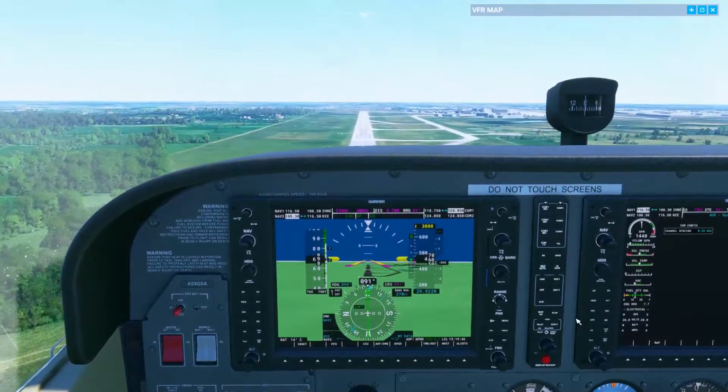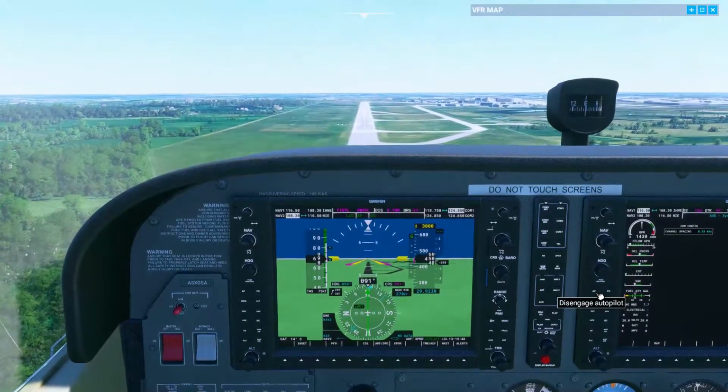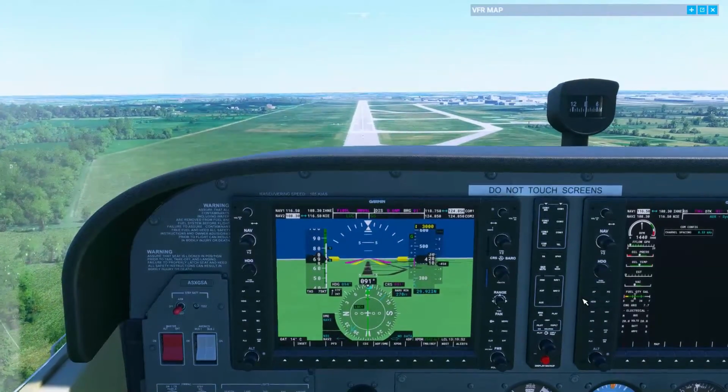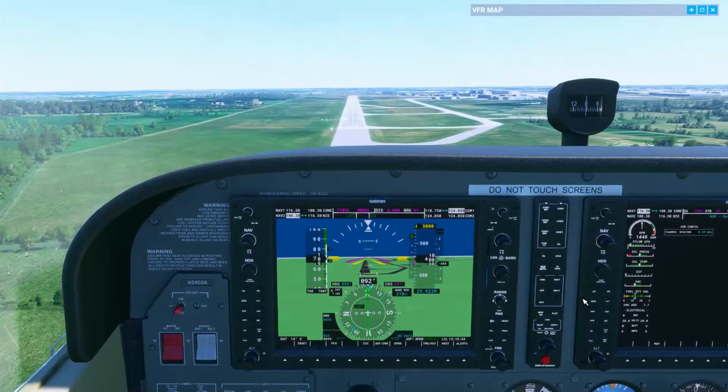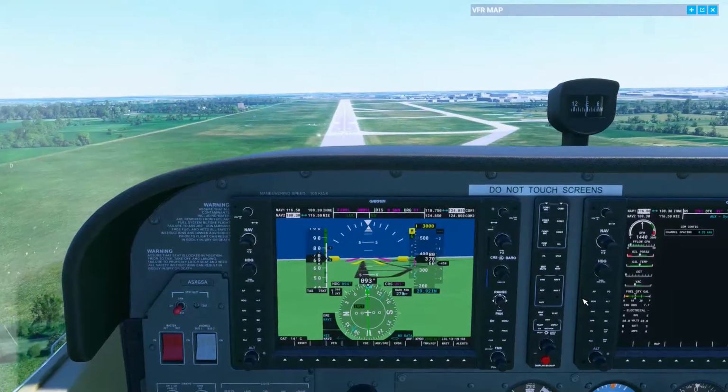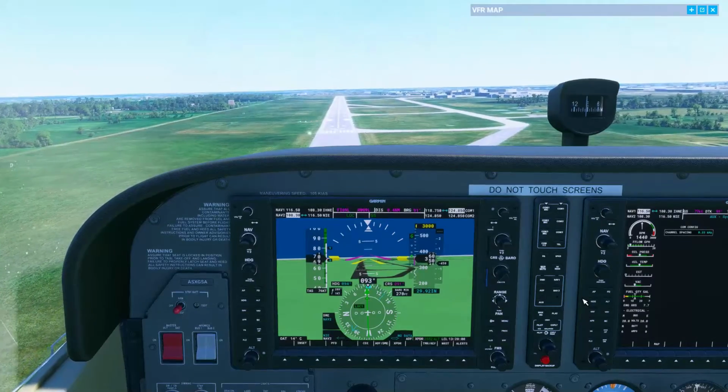I think it is time to disconnect the autopilot and land ourselves without the autopilot by following the puppy lights and the glide slope. So this is the ILS